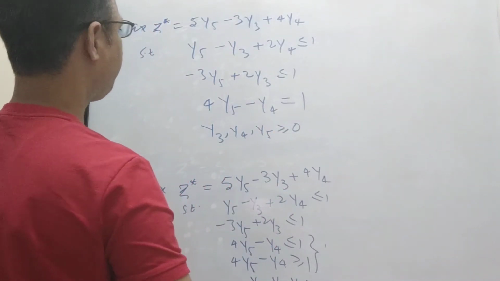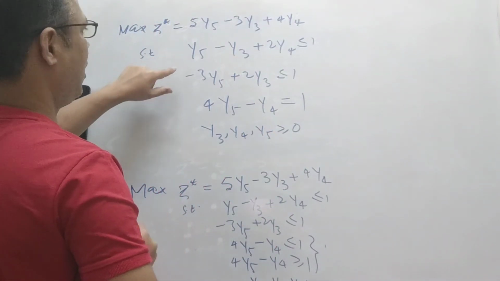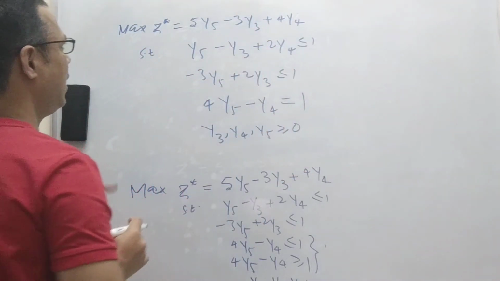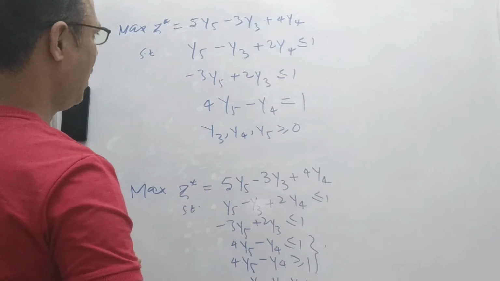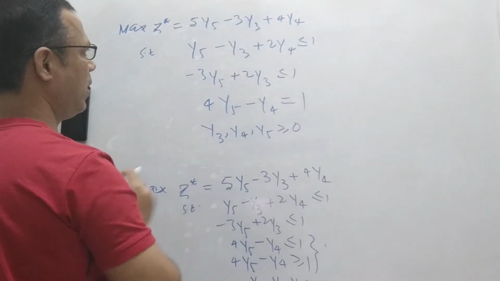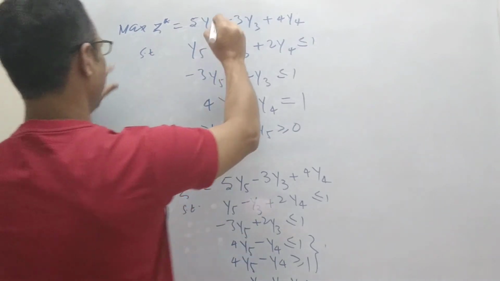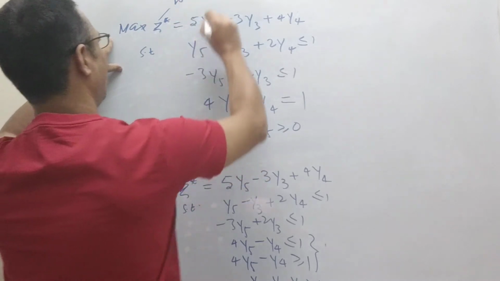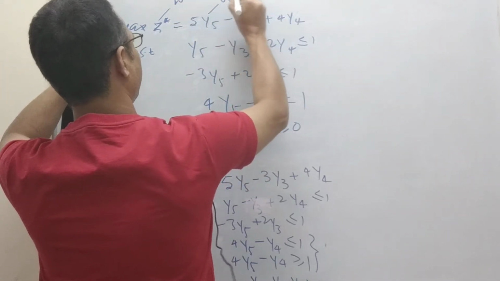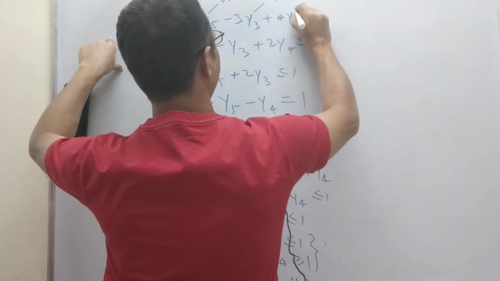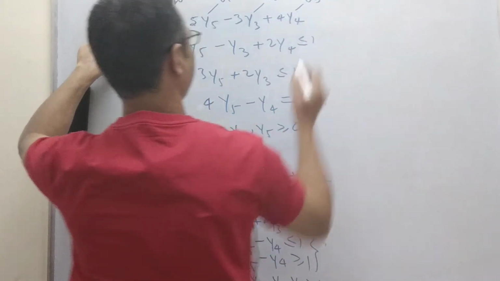So now we can say there are 3 constraints and 3 variables. Now we can say we have reached the dual, but here, because 5, 3, 4 is not in order, we need to make some certain order. So here suppose z is going to be replaced with w, y1 with v1, y2 with... y3 is going to be replaced with v2, y4 is going to be replaced with v3.